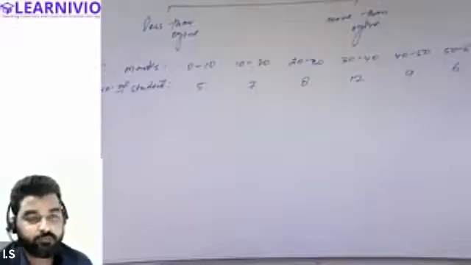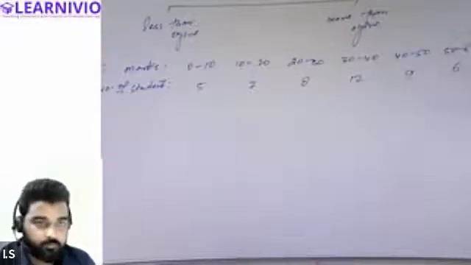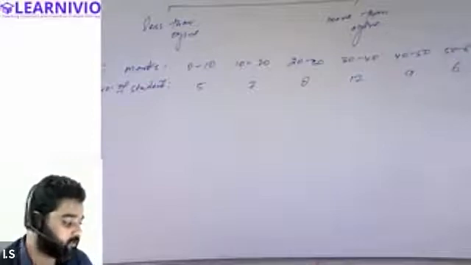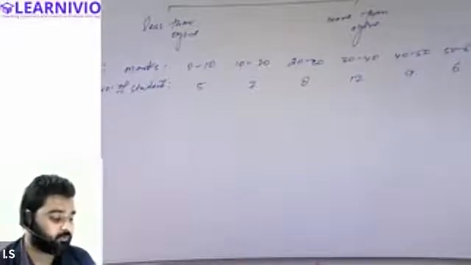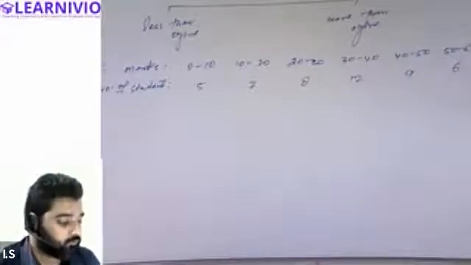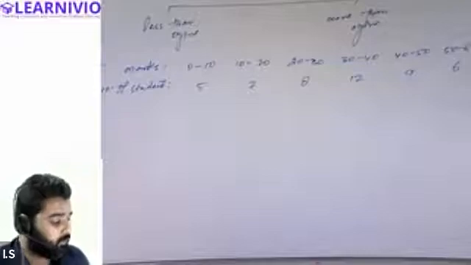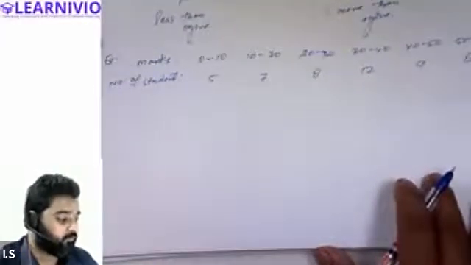Can any one of you tell me what kind of series this is? It is an exclusive class interval. Correct. It is an exclusive class interval because the upper limit of a particular class is exactly the same as the lower limit of the next class interval. So this is an exclusive class interval, and in order to prepare the ogive, we are first required to